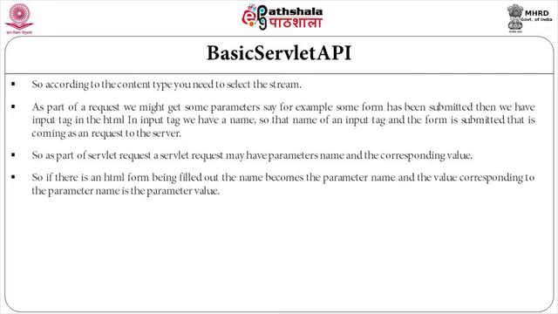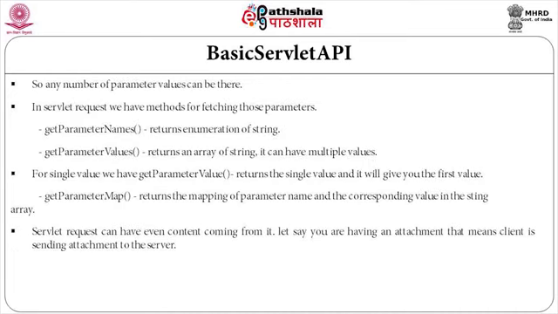For example, we have a method called getParameterNames, which gives us an enumeration of strings: what are all the different parameters which have been used. We even have a method called getParameterValues, which takes the name of a parameter but returns an array of strings. Why do we have an array of strings here? When I say get parameter values, is it not a single value? It can be multiple values, because the input form which we are submitting can have input tags where the same name has been used by multiple input tags.